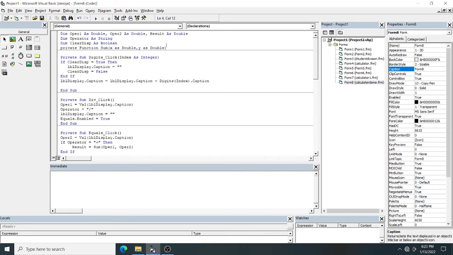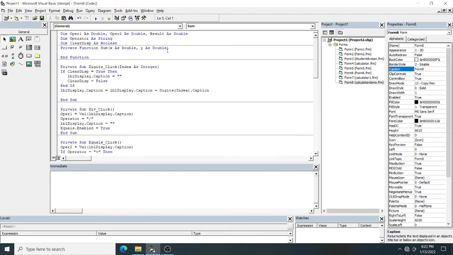Function. After that, how to close the function? End function. In this case, what is the function name? Function name is called sum. So I will write the function name only. This is not a variable, this is the sum function, and here I will write the expression x plus y.